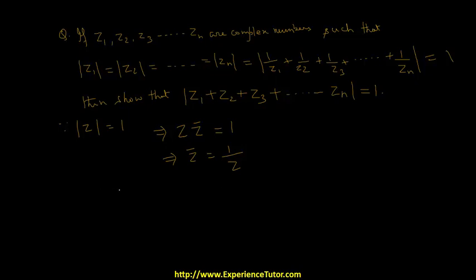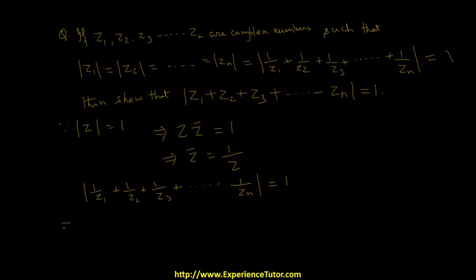So we can write modulus of 1 by z1 plus 1 by z2 plus 1 by z3 plus ... in the same way 1 by zn is equal to 1,